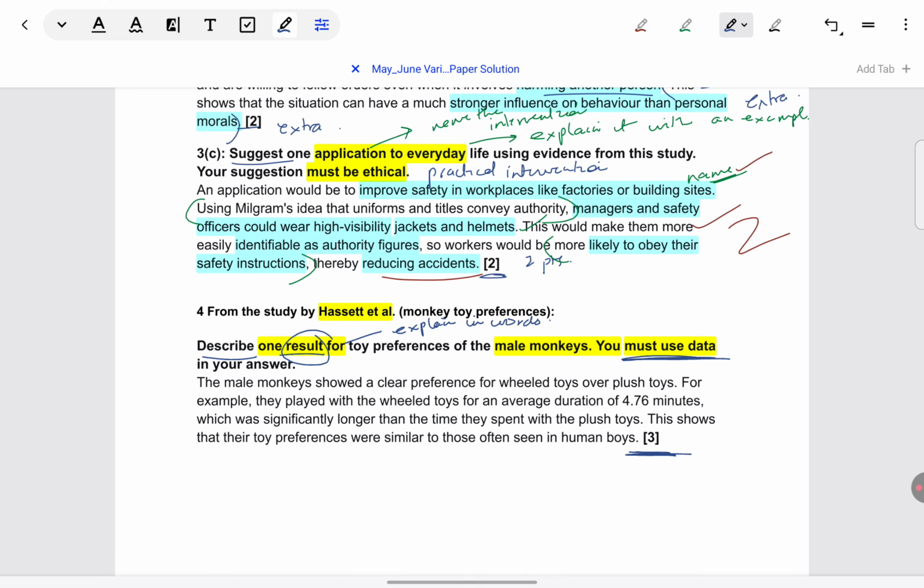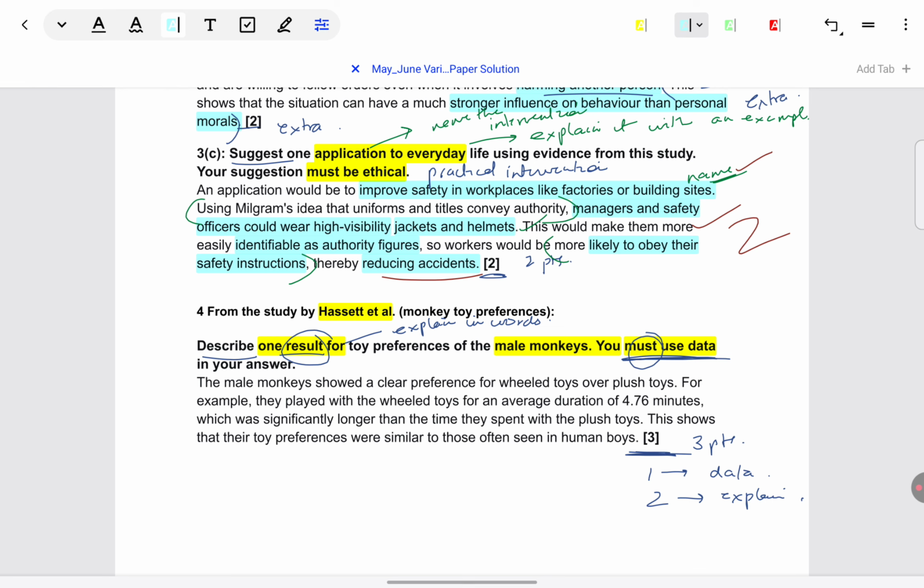When it is for 3 marks, then make sure you're giving 3 points. 1 point definitely will be the data. In fact, you can make it 2 points of data if you want. So, two pieces of data, 2 marks. When they say you must use data, they haven't specified how many pieces of data you have to give. So it's your strategy. You give 2 pieces of data and 1 line of explanation, or you give 1 piece of data and 2 lines of explanation. Just make sure that there are a total of 3 points. Again, by reading the answer, we will be able to understand better. Right now, it seems abstract. So let's look at the model answer.